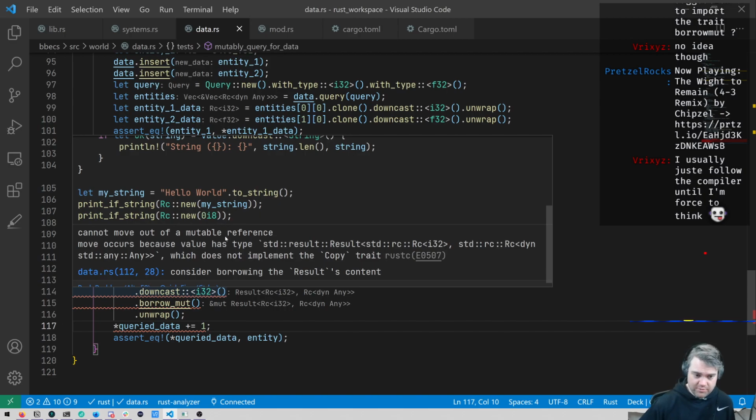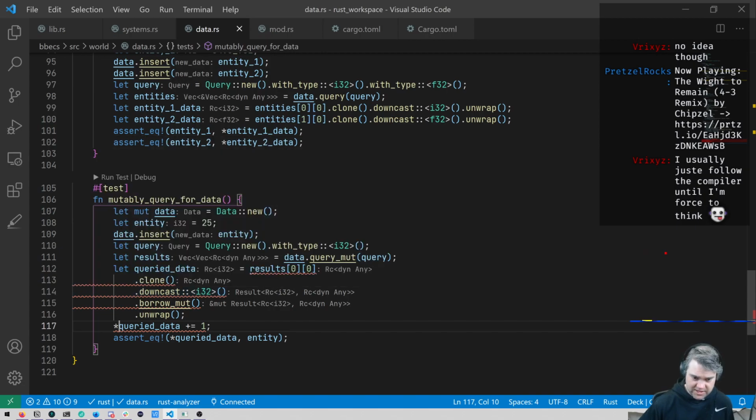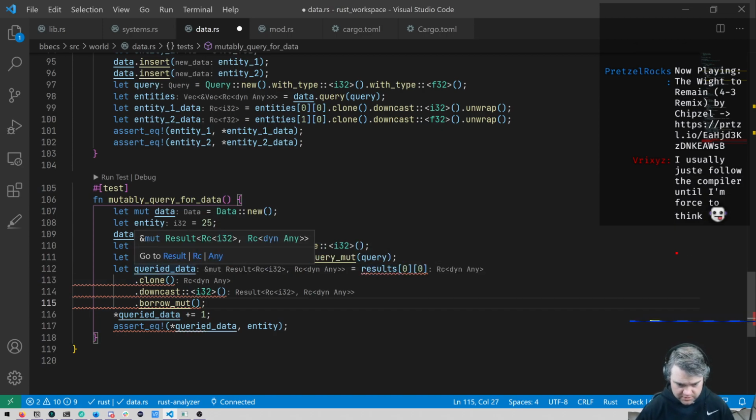Cannot move out of a mutable reference. Move occurs because value has a type Results, any, which does not implement the Copy trait. Consider borrowing the results content. Okay, so if I do this BorrowMut,